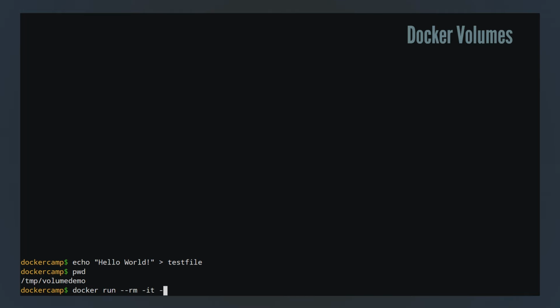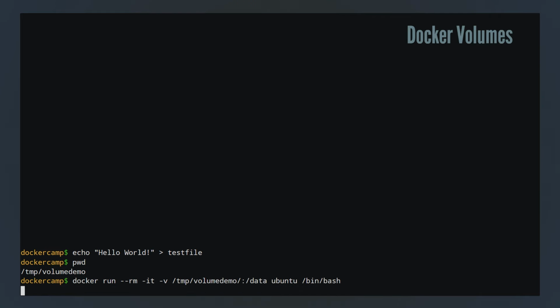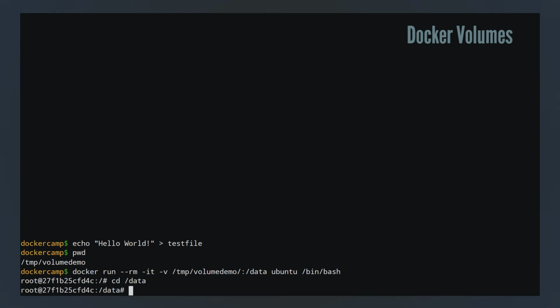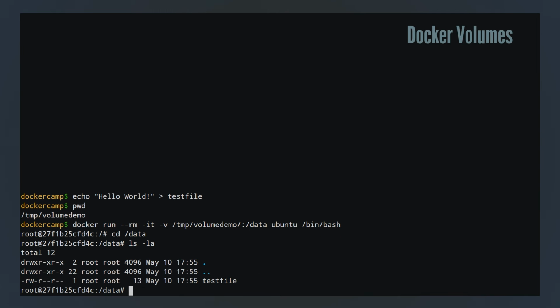So if I do docker run, I'm going to remove the container when it stops, make it interactive here. And I have the -v /tmp/volume-demo. That's the current directory I'm in. And I'm mapping that with a colon to /data, which is a directory inside of the container. And then I'm running my Ubuntu image, and then I'm telling it I want to run a bash shell. So now if I cd into this directory inside of the container, I see my test file